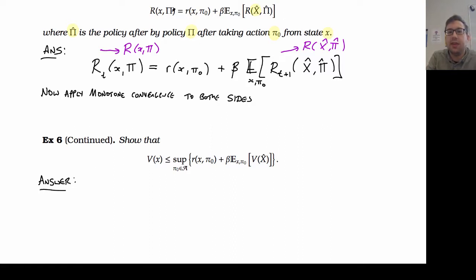Well, I've got this equality here, and I could replace the reward in here with the optimal reward. If I put in the optimal reward, v, would this make this bigger or smaller? Yeah, bigger. That's just going to make the expression bigger. So let's do that.